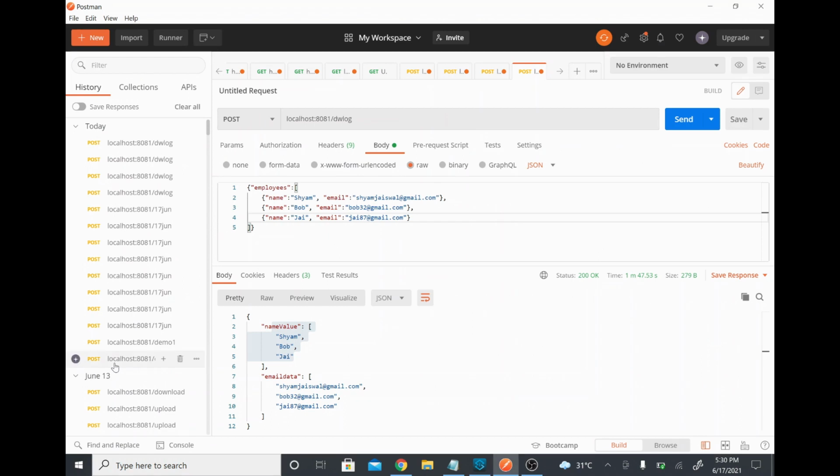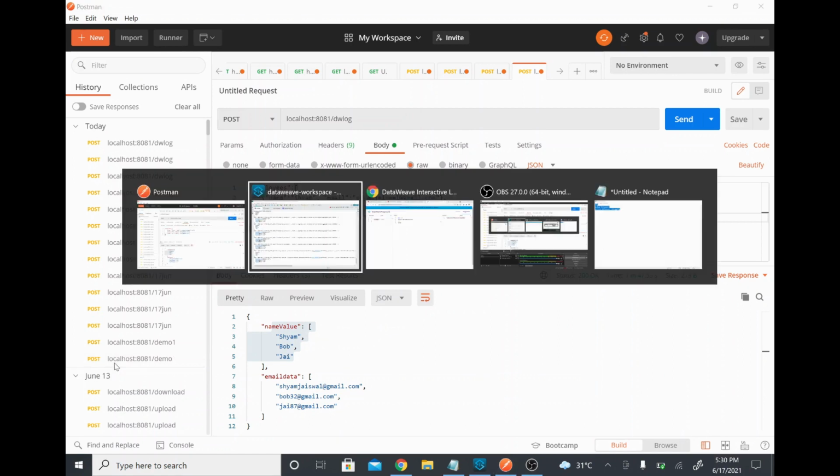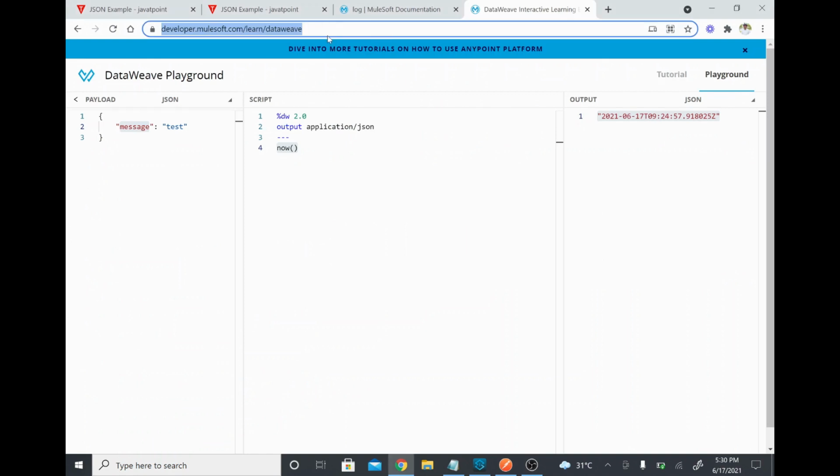So what we have seen today: the first one, how to add a log and how to see the output in a preview, and also how to see that output in the console. The second, we have seen how to run DataWeave directly online without using a Mule application. Mainly it will be very useful for our debugging.